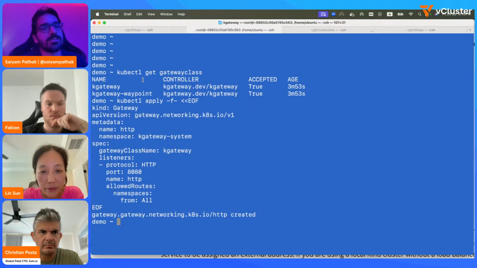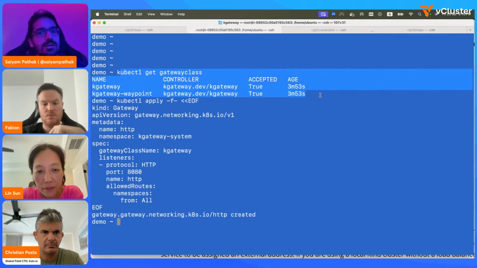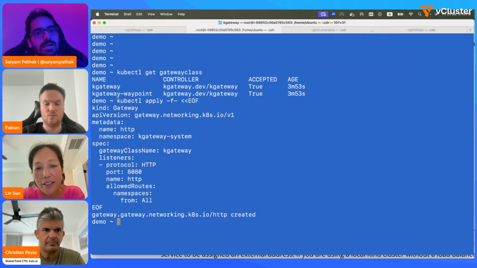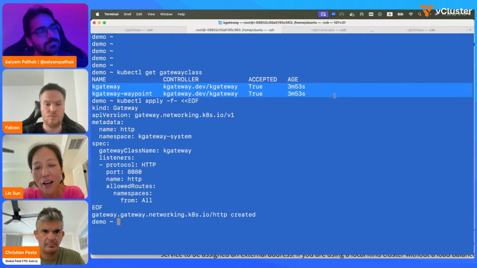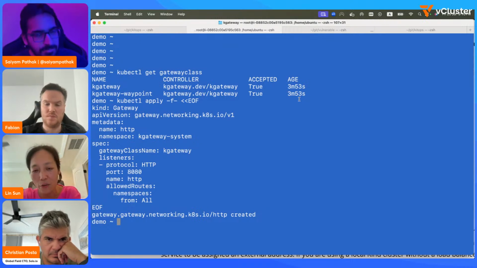So when we installed the kgateway, it automatically installed the gateway classes for us. Yes, as part of the installation. Remember, you install the custom resources first, and then you install the kgateway control plane.